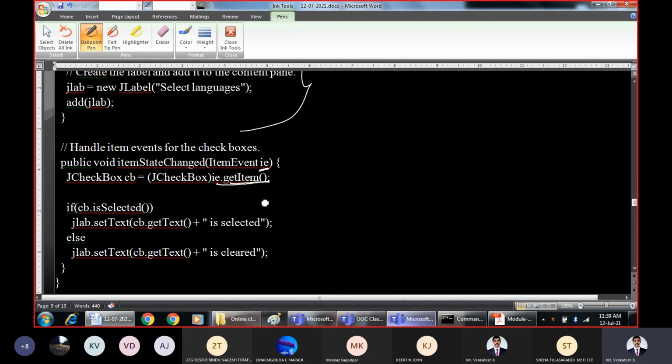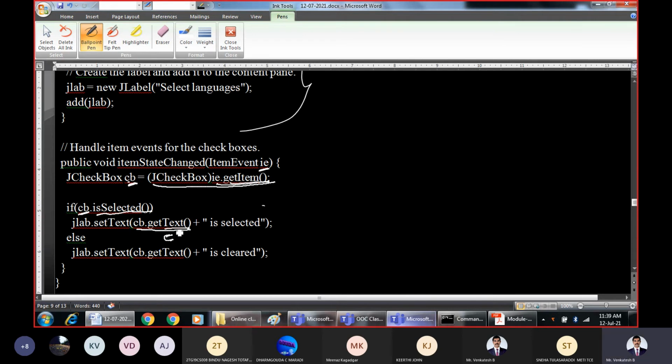Get the item, in this case it is C. The item selected is being assigned to the CB object. Now, on that CB object, we check whether it is selected. If it is selected, you obtain the text corresponding to that. If you have selected C, it will return C.